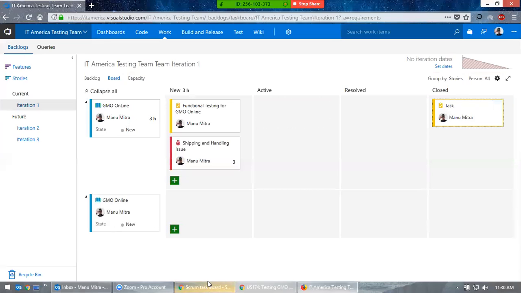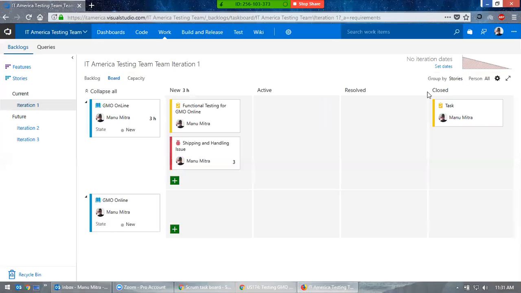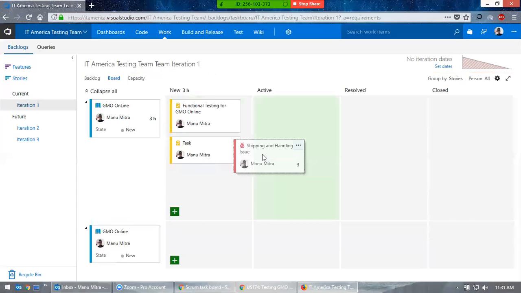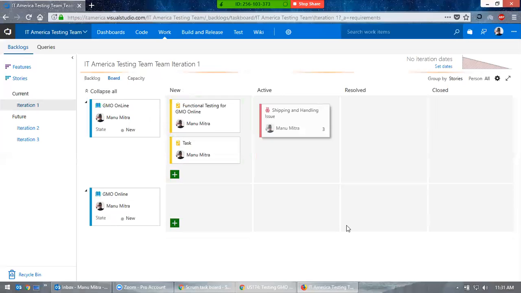Okay. A similar way, what you are doing here is taking the sticky note, putting it into progress, putting it in testing and completion, right? That's what you're doing here. So let's try it. And let's say bug. You open a bug. Of course, obviously, when you open this bug it is new. You would put it in active status. That means it's active. You assign the developer, and developer has to work on it.